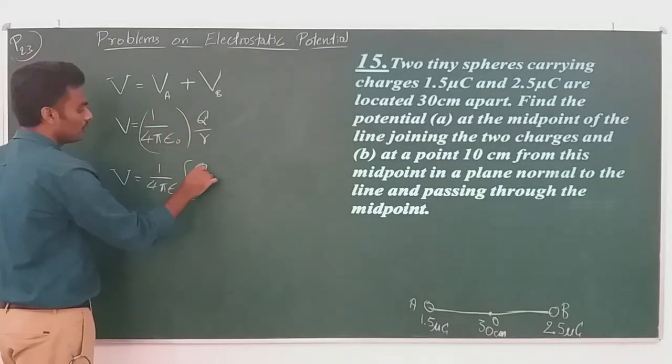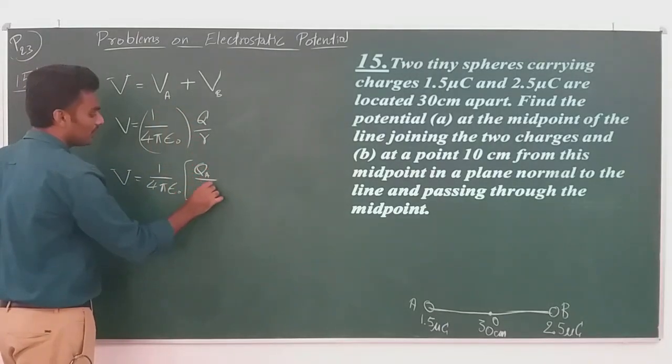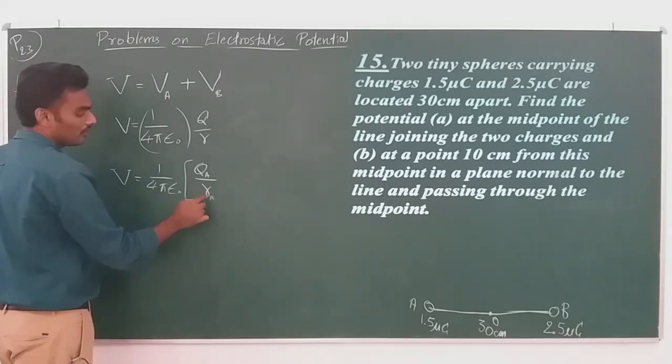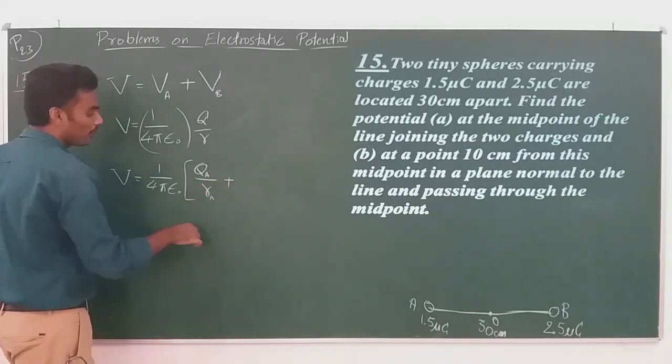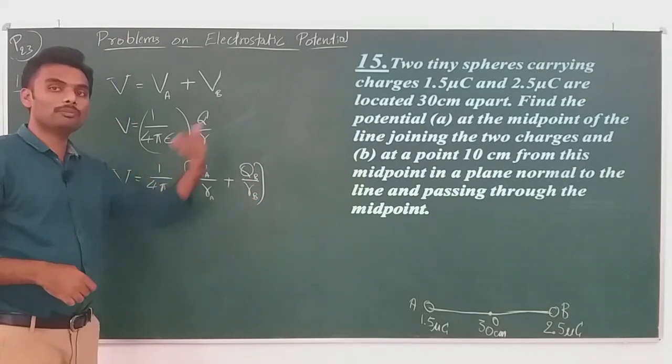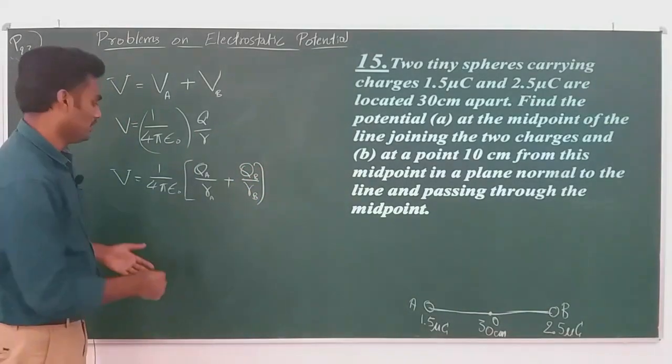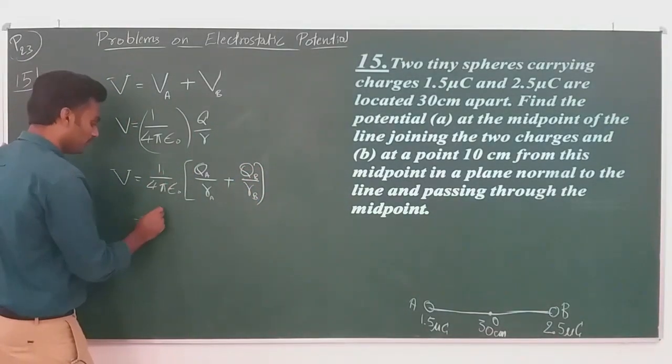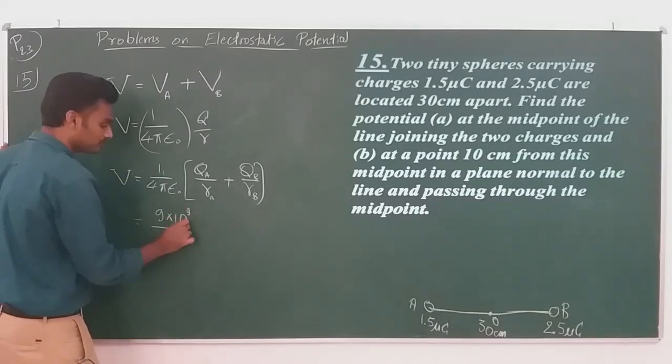This is Q A by R A. What is R A? R A is the distance from O to A. Plus Q B by R B. What is R B here? R B is the distance from O to B. Following? Right. 1 by 4 pi epsilon naught is 9 into 10 to the power of 9, divided by,